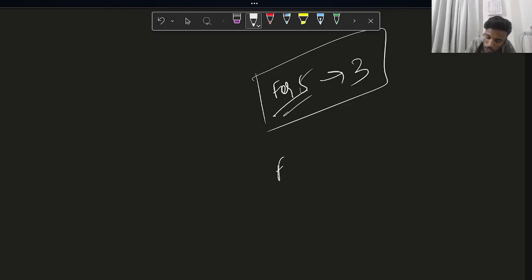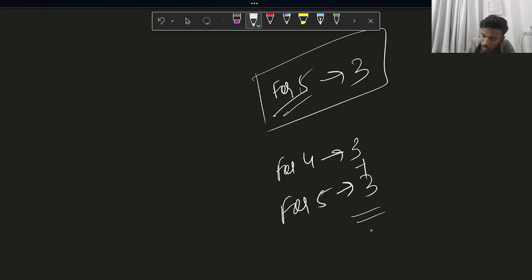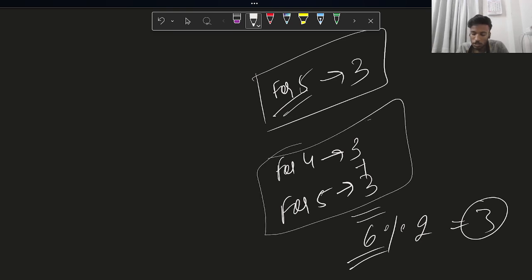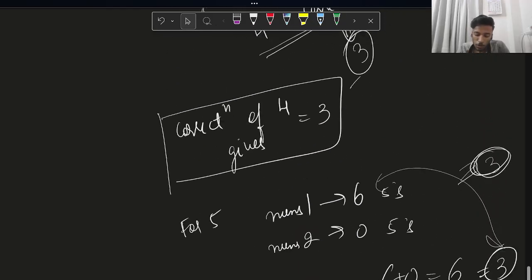Like, for 4 the answer was 3. For 5, the answer is 3. The total sum of it is 6, but the answer is 3 only. The answer is half only. The sum of correcting all the individual values, you have to take its sum and divide by 2. That is the answer. Why? Because,